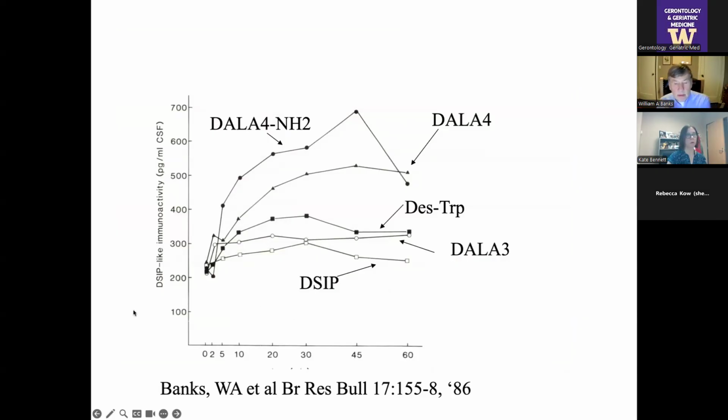DSIP is delta sleep-inducing peptide, and this was derived from the cerebrospinal fluid of sleeping cats by Monnier and Schoenberg. I do not know to this day how you get CSF out of a cat who's asleep. It seems they would wake up, but these guys were Swiss, and Swiss scientists can do all kinds of miraculous things. And then they showed that if you take the same compound, you stick it into the brain of an awake cat, the cat goes to sleep. So a really powerful substance.